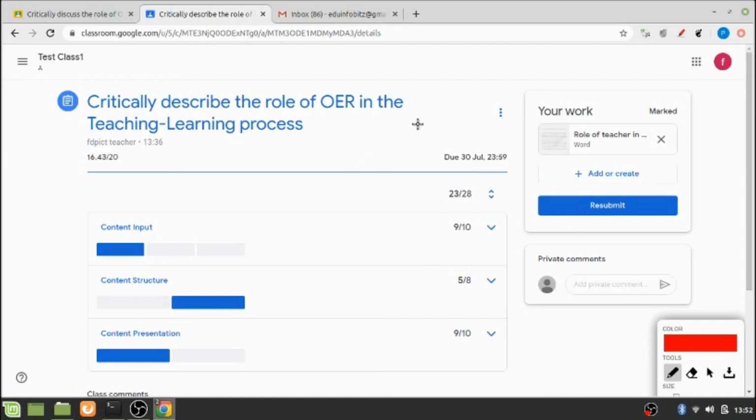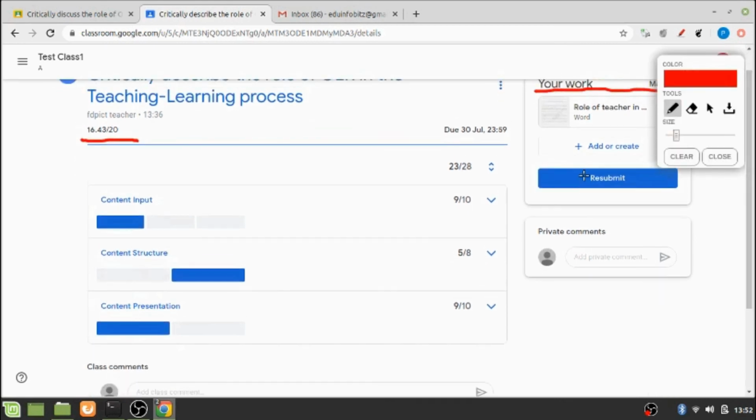The student will see that his work has now changed to marked, and he is able to see that he has been assigned 16.43 marks out of a total of 20 marks in this assignment, and he has received 9 out of 10 in the content input parameter. For content structure, he has received 5 out of 8, and for content presentation, again he has received 9 points out of 10.